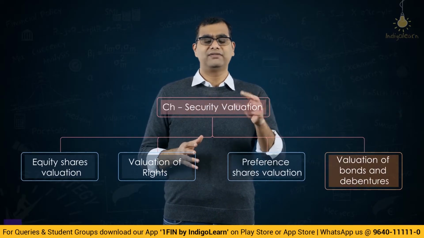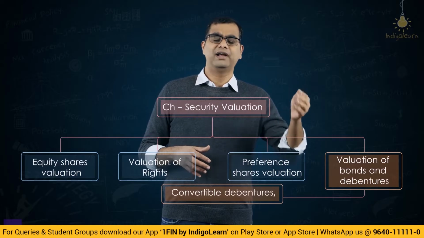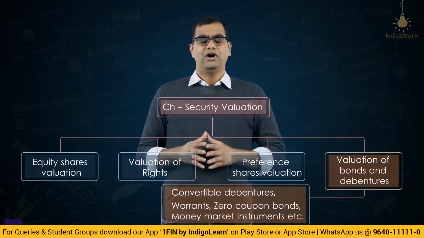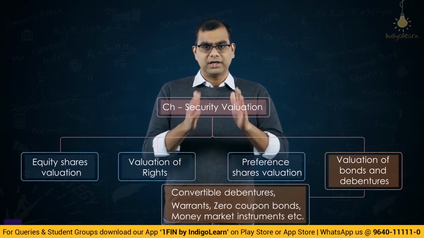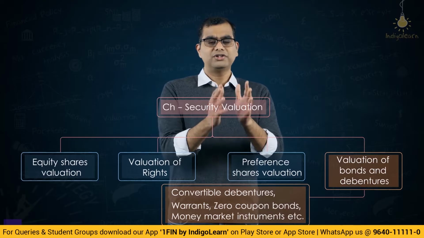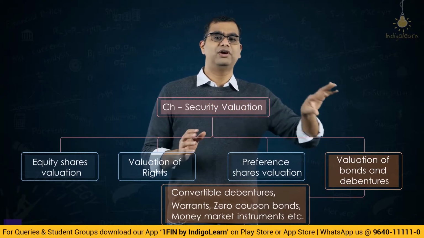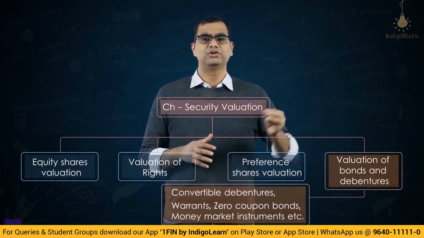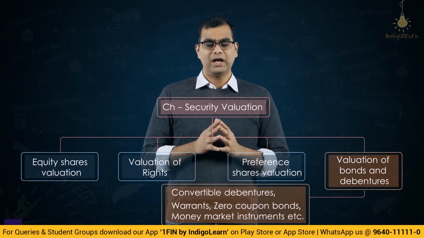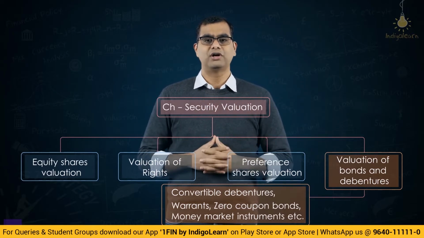As part of this, we'll have convertible debentures and all of that, and then we'll have warrants, CPs, commercial paper, certificates of deposit, repo rate. All of that is the next part. But now we are going to concentrate on valuation of bonds and debentures. And believe me, valuation of bonds and debentures forms the base for these other valuations, whatever I refer to, that is CP, commercial paper, repo rate, and all of that stuff, right? So now we are going to concentrate on valuation of bonds and debentures.